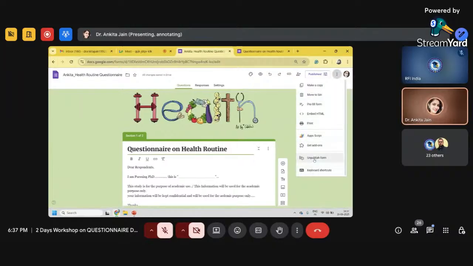So these are the unpublished form and published form. There are some add-ons you can add. So there are some other features. These things can be used for the purpose of when we are going for the Google form. Okay. Now,